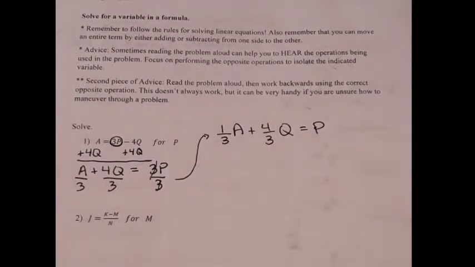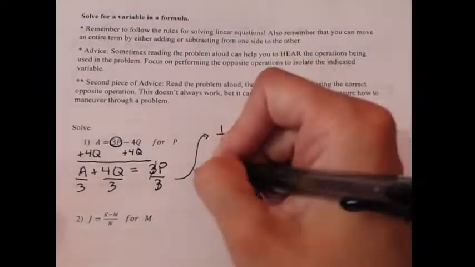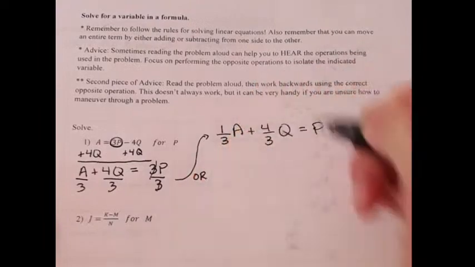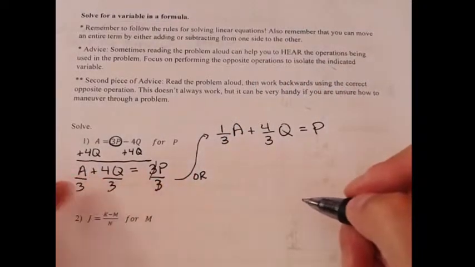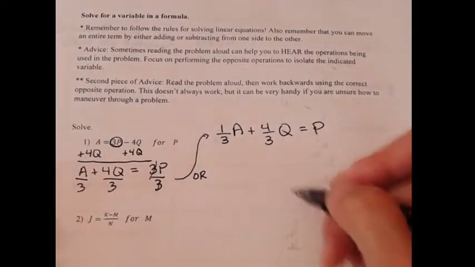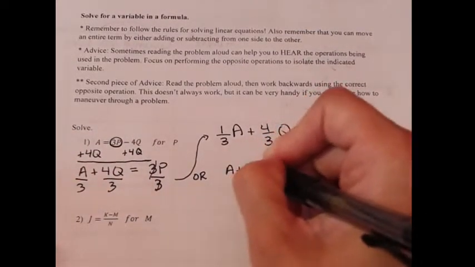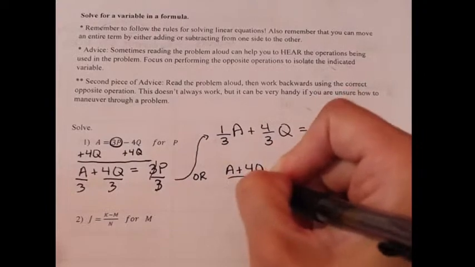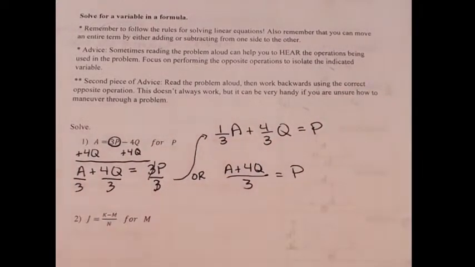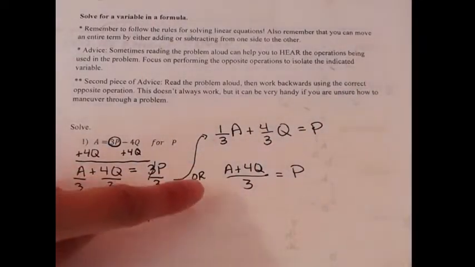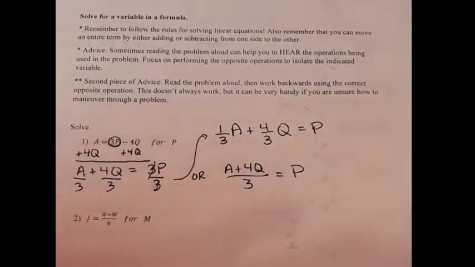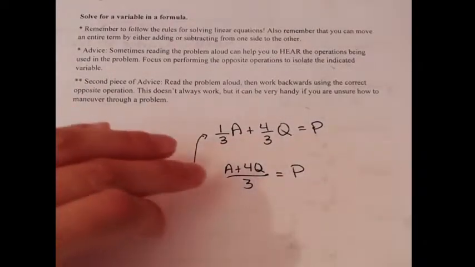Another way to write our answer, if we wanted to, I'm going to write or, is we can say that if we're dividing all terms by 3, we could combine these into one fraction. You could write a plus 4q all over 3 is equal to p. The only downfall with writing our expression this way, which is acceptable by the way,